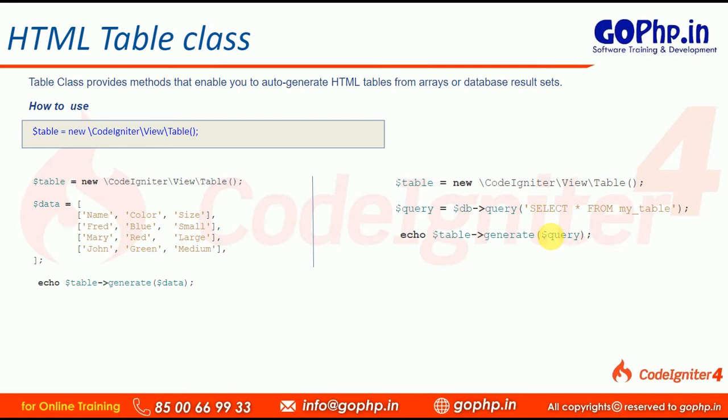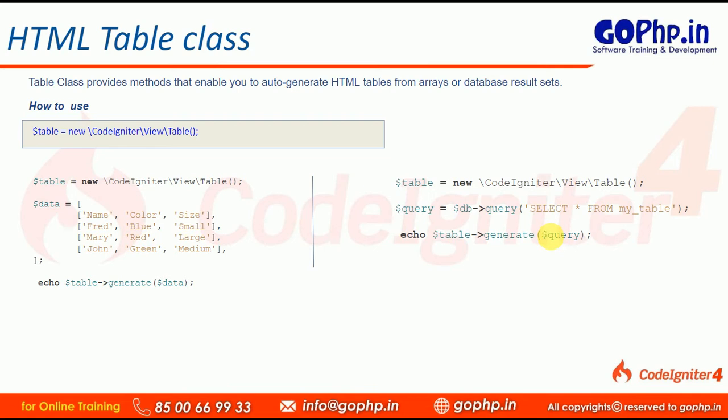One more thing: we have a lot of methods in this table class. By using those methods, we can customize our table completely. If you want to design the table, or add custom classes to your own table, yes, we can do that. We can also create templates. What if you don't like the basic template generated by the generate method? Yes, we can create our own template for this table with a new design.